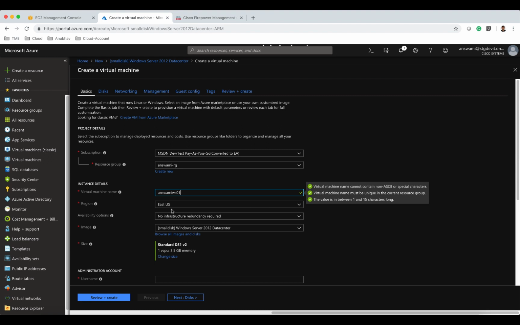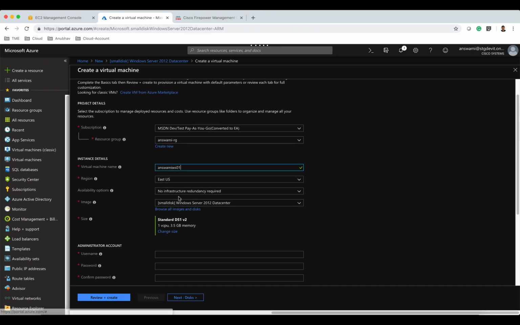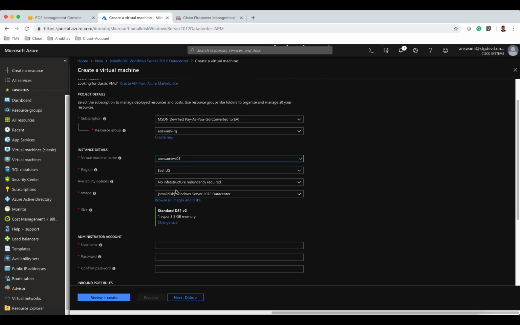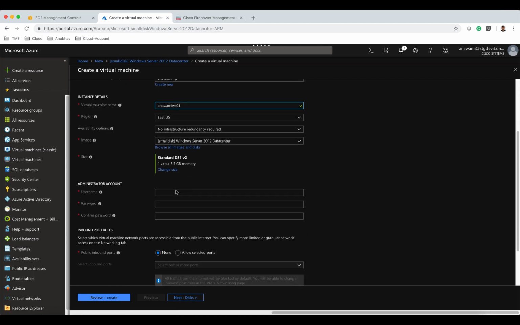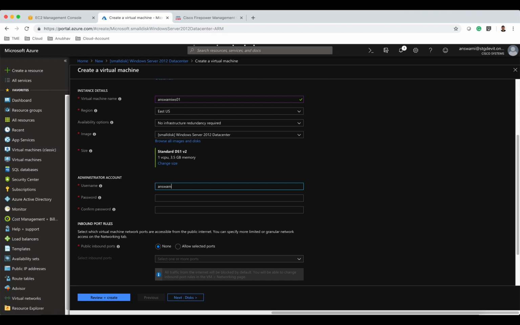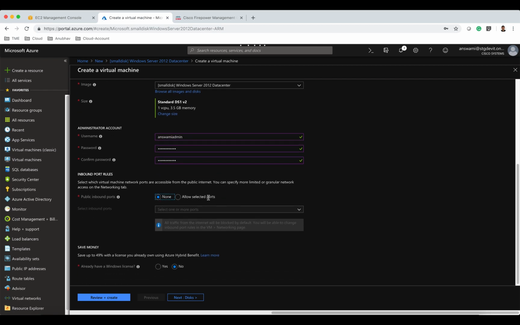I will fill all the required information like username and password, and I will deploy it without any availability set option. So I just have one web server, so I'm going to give it a name, IP address, and password. Once this server is deployed, remember, I will go ahead and log in using the public IP address first,